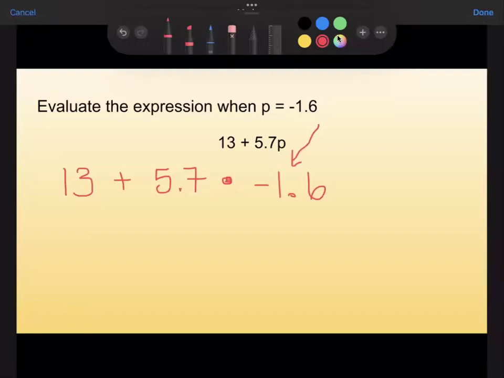According to the order of operations, we do the multiplication first. So we need to do 5.7 times negative 1.6. You're not going to see me doing a lot of calculations by hand because I dive deep into how to do that in other videos. If you're feeling rusty on that, see my previous videos. But I am going to do the 5.7 times negative 1.6 first, and what that gives me is a negative